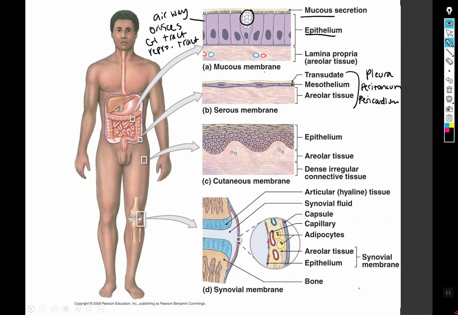And when two things next to each other are in motion, they tend to rub against each other, right? What you don't want is friction, because friction damages tissues. So if instead you have this transudate, which is a serous fluid, you can create a lubricating layer that allows the organs in motion to slide past each other